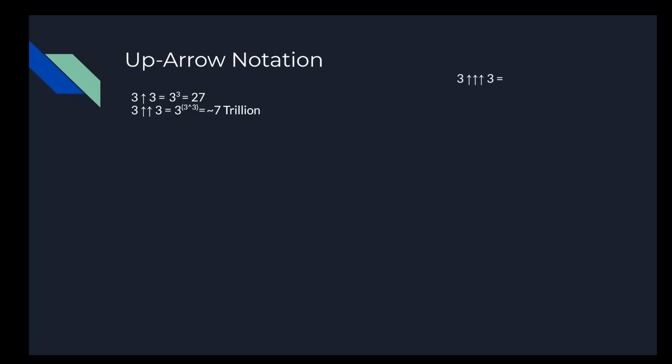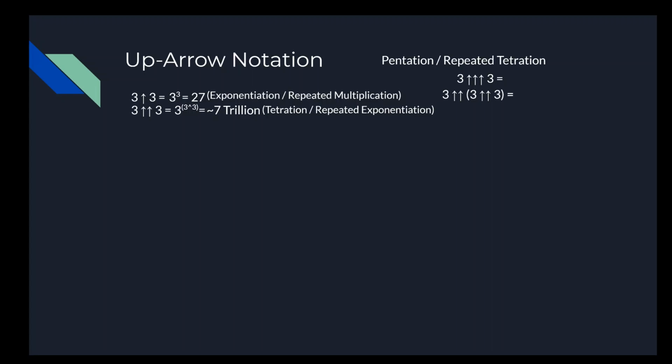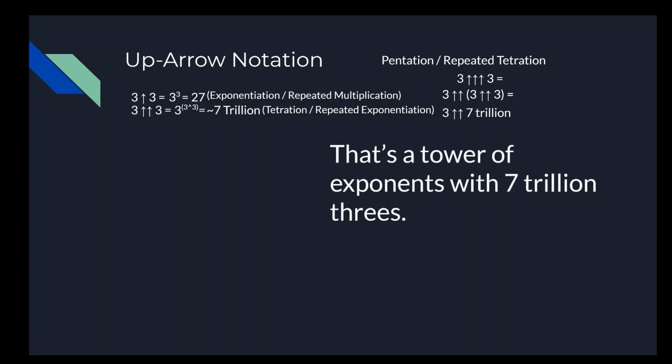Okay, so next up is 3 triple arrow 3. This number can be thought of as exponentiation being repeated multiplication, and as repeated exponentiation was double arrowing, this is repeated double arrowing, or 3 double arrow 3 double arrow 3. Now just to give some terms here, exponentiation is repeated multiplication, tetration is what we call repeated exponentiation, and pentation is what we call repeated tetration. So to continue this, we know that 3 tetrate 3 is about 7 trillion, so we can substitute that in. And because tetration is repeated exponentiation, we can see that 3 pentate 3 is a power tower of exponents with